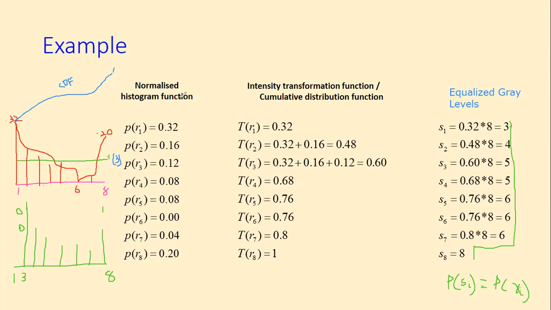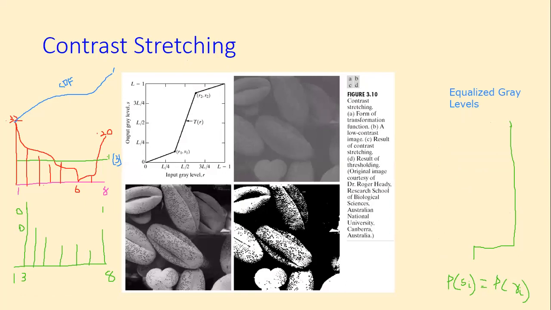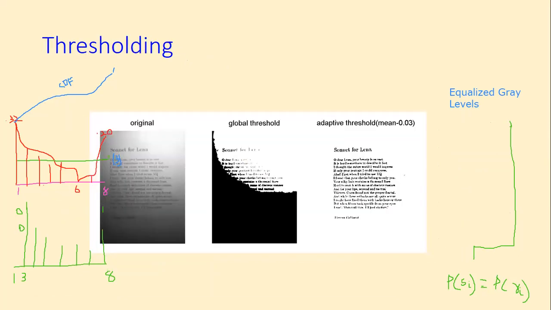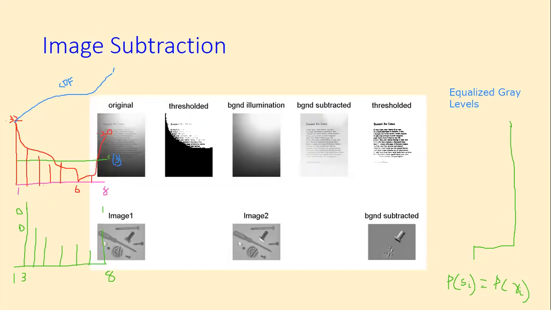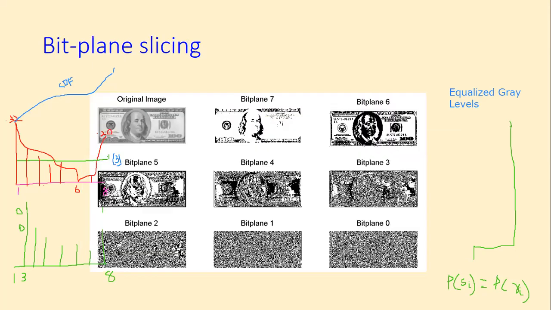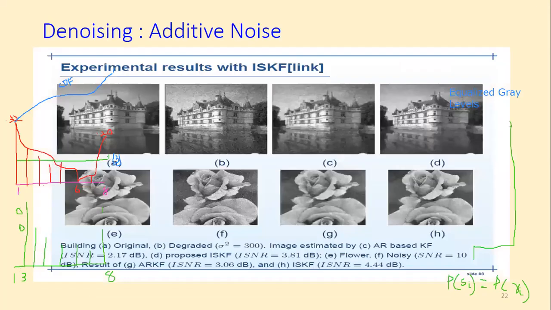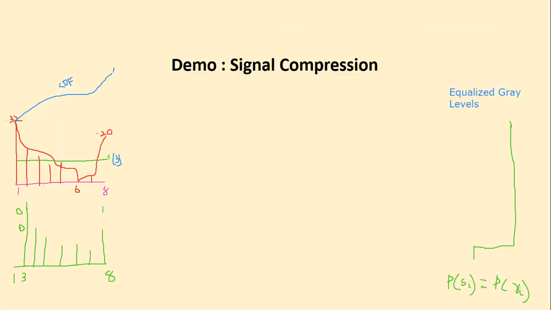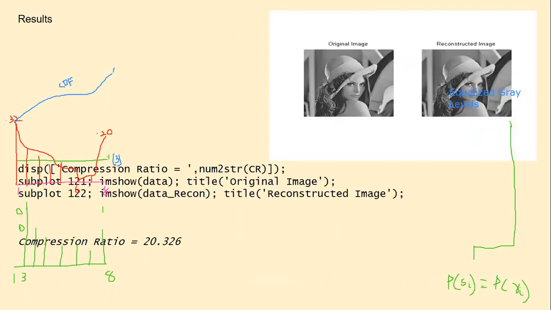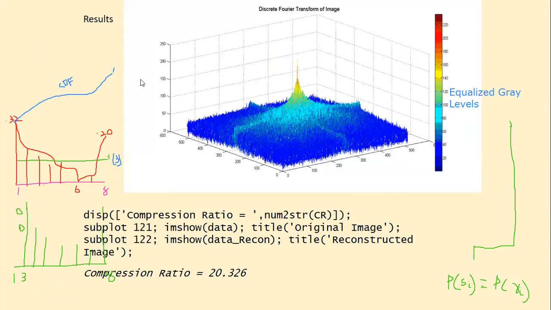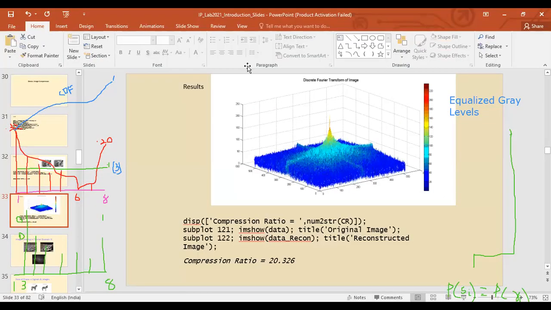Okay. Fine then. So let me see if I have an equalized histogram plot. If I don't have any equalized histogram plot, then I think I will show you later. This is contrast stretching, adaptive thresholding, and so on. Okay, I think I don't have it here. We'll see in some other place. So I'm moving on to the lab sheet now. I'm just stopping sharing here.